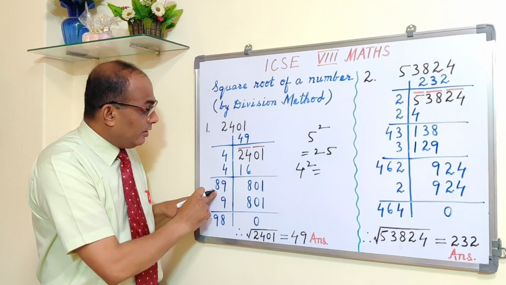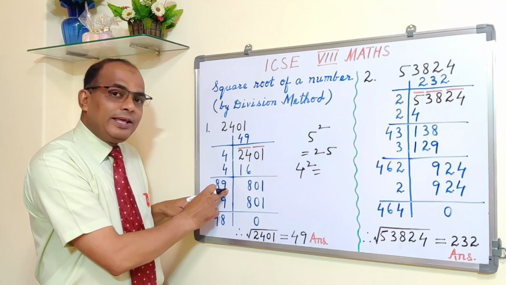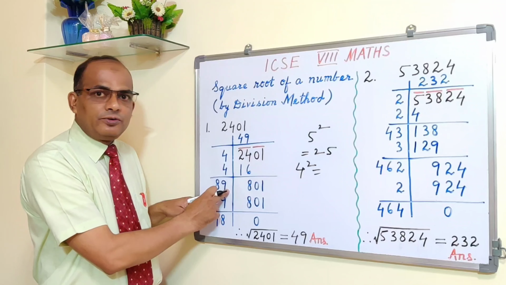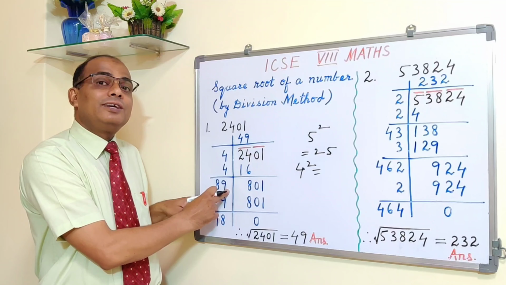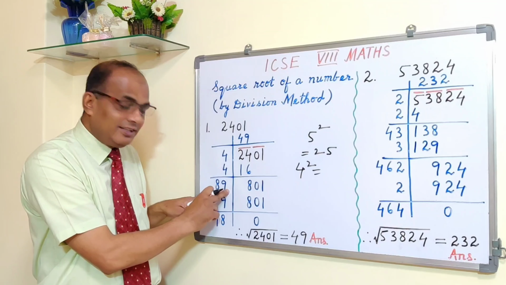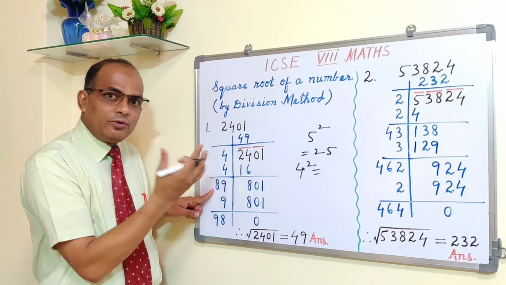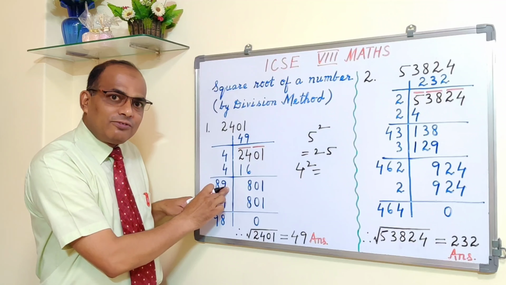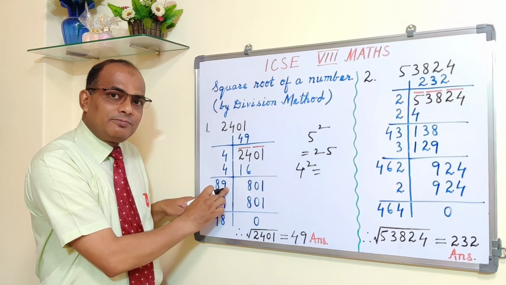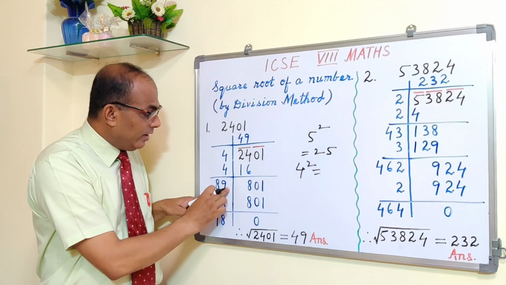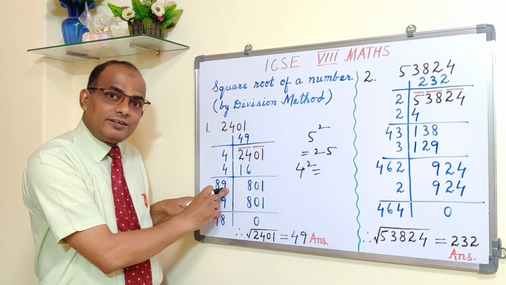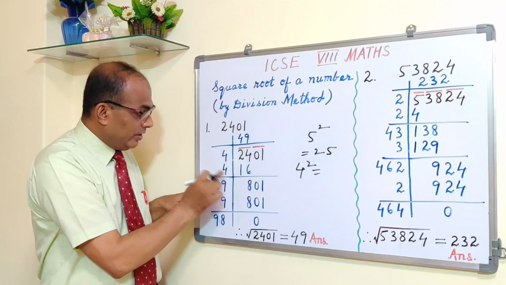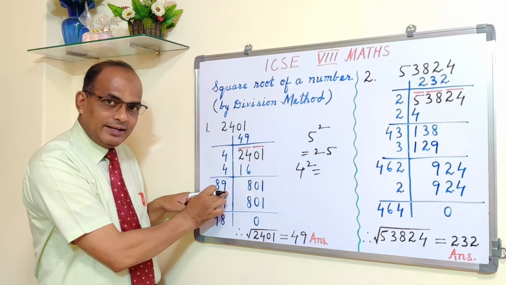So I am adding 4 here, and now 4 plus 4 is becoming 8. On the right of this 8, the place should be blank first, because we don't know which digit we are going to write down here. We have to write down the greatest possible digit here. When you are doing the sum, you don't know. So this place is blank. And here you have to find out the greatest digit, and the same digit you are going to write down here also. Once you write down the digit, for example, I have written 9.